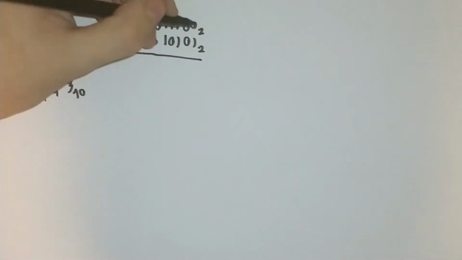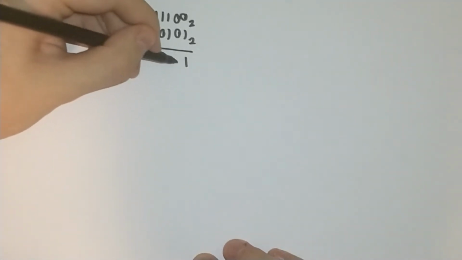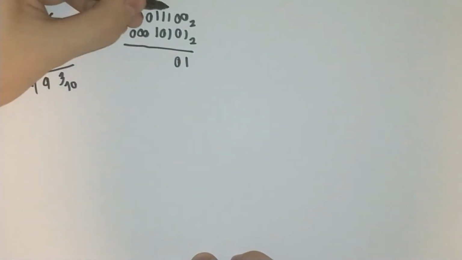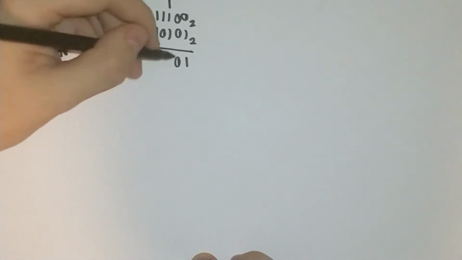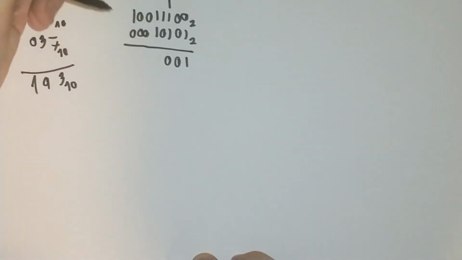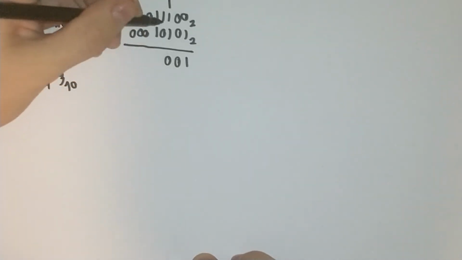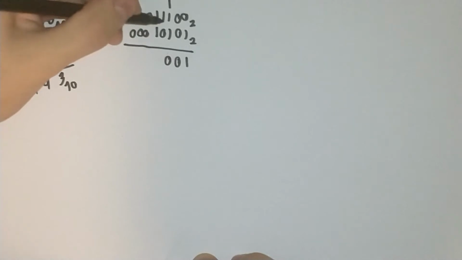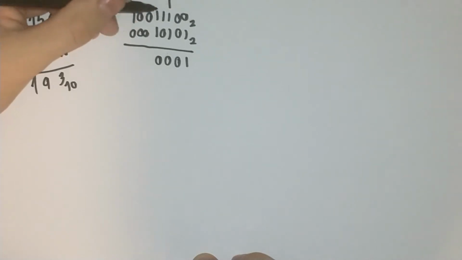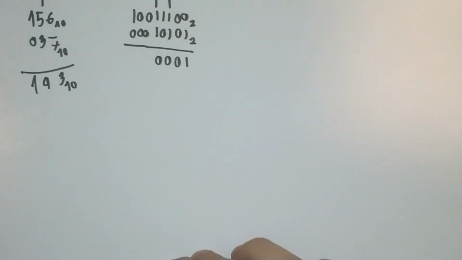Okay, so we do 1 plus 0, which is 1, obviously. Then we do 0 plus 0, which is 0. Then 1 plus 1, that's 2, but we cannot write 2, so we carry the 1 bit and write 0. Then we add this carry bit to this bit, and we get a 2 as well, since this is 1 and 1, but we cannot write 2, so we write 0 again. Then we carried one more, and we get a situation with 3 ones above each other,